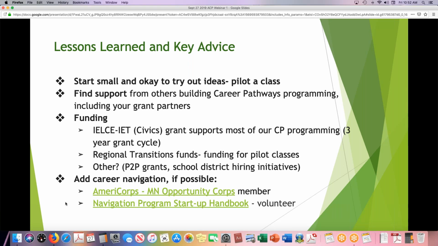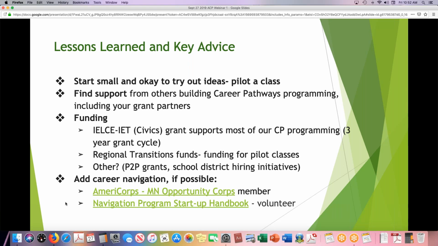Finally, find support from others, as we're doing today, including your grant partners, if you have partners in your grants. Funding: most of our classes come from the civics grant. It's now a 3-year grant cycle. We've also used regional transition funds, especially for piloting classes.